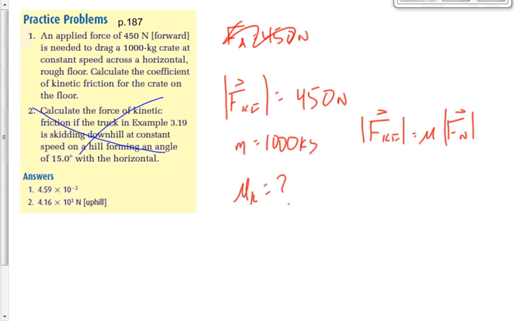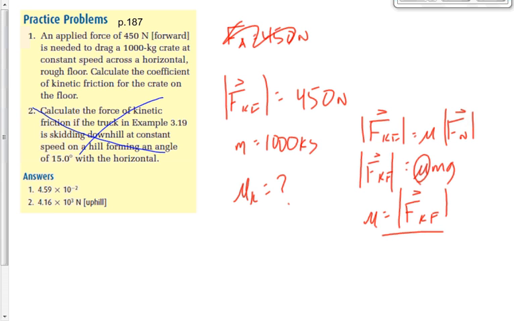What did we say about the normal force in all of these problems, for now at least? What's the normal force going to always be equal to until I tell you differently? Good, m times g. So we're going to say kinetic friction is mu times m times g. We're looking for mu. So mu is going to be equal to force of friction divided by m times g. It's going to be equal to 450 divided by 1,000 times 9.81. And when you do the math there, we should get